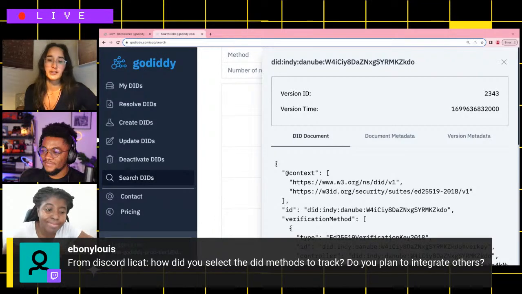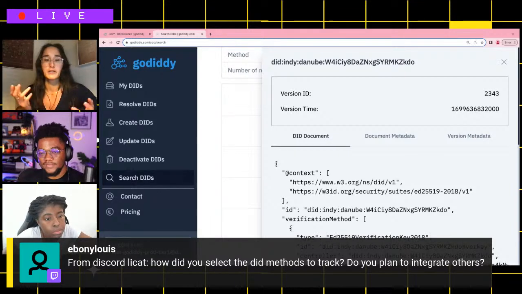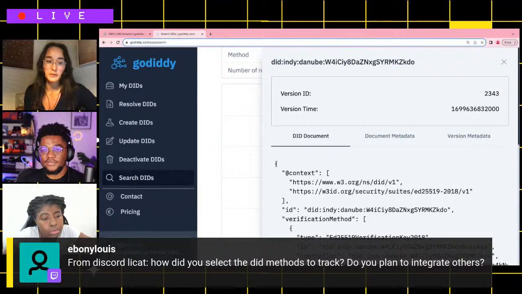He selected the ones that, according to him, are most popular. He has been in the field for 20 years. Everyone that wants to be on the platform can talk to him. We do have some collaborations with other people who also want to be on the platform, and then we might integrate your method as well.